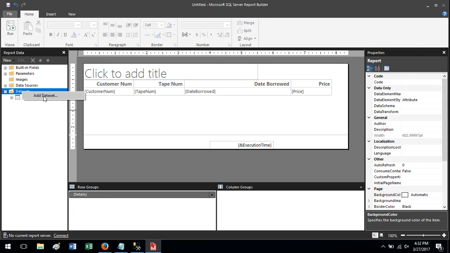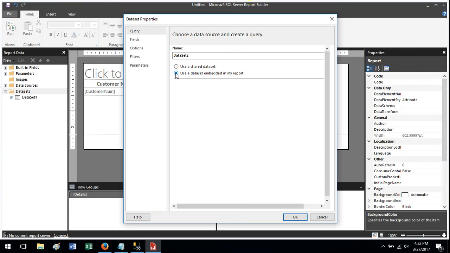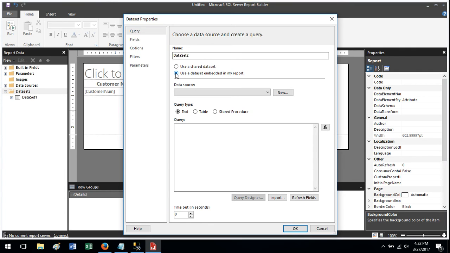All right, so this is sort of the first step. Right click here, do add data set. And if it's the same data source, we can use the same source there. So that's what we want to do here. When this wizard comes up, we want to use the same one we already had. So click that. And then again, whatever we called our original data source, I didn't give it a specific name, so whatever you called it, it should appear here. You just select that. So I click that radio button, I click this and selected my data set, and then